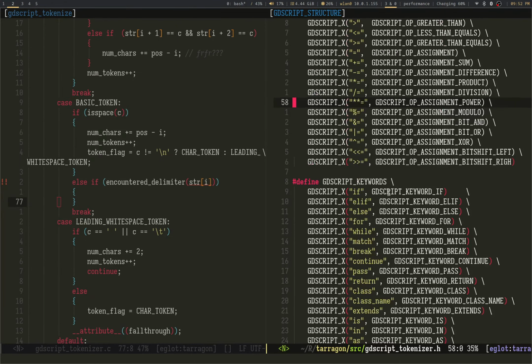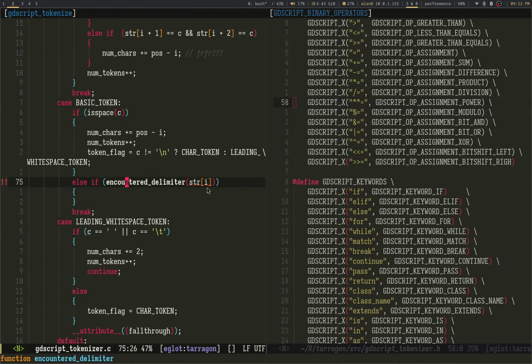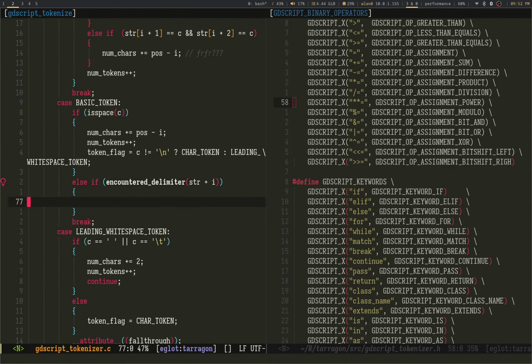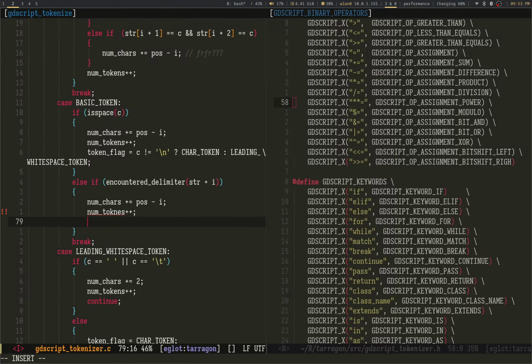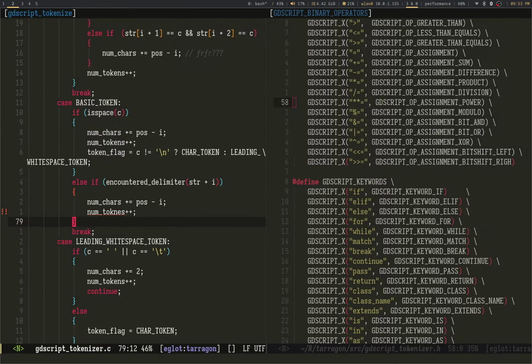Yep, that's good. I think we're good. And it's, of course, doing pointer arithmetic. Of course, num chars plus a pause minus I, and num tokens plus, and we actually stay in this plus equals 2.